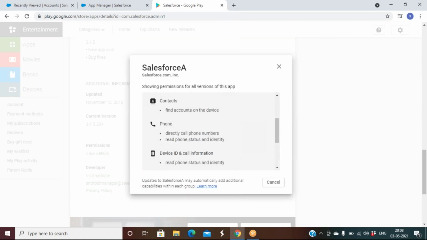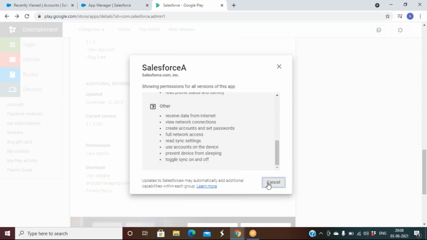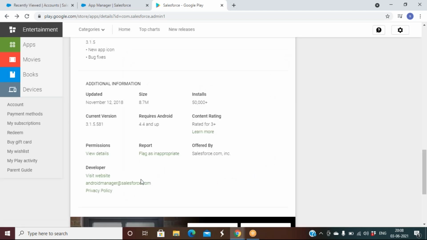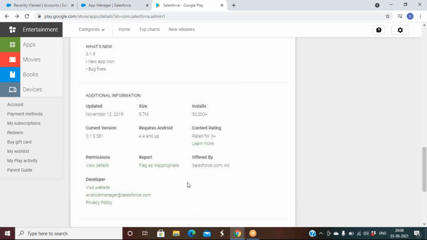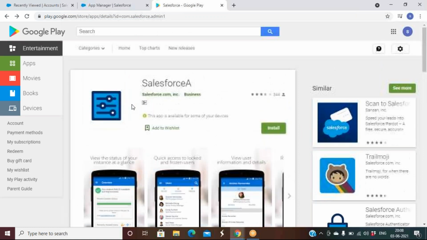You can view the permissions, such as making calls and device app history. Just read this, it is given by the Salesforce company itself. The recent update was on November 12th, 2014, so very late.